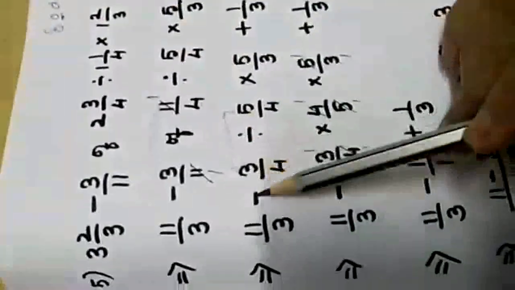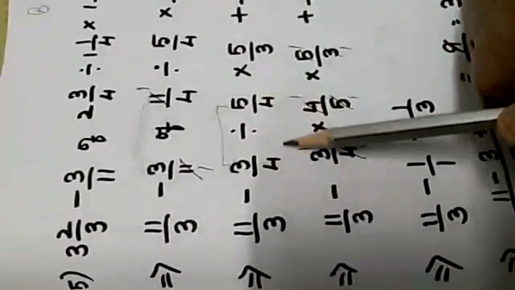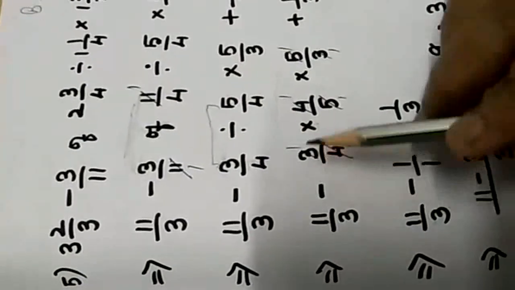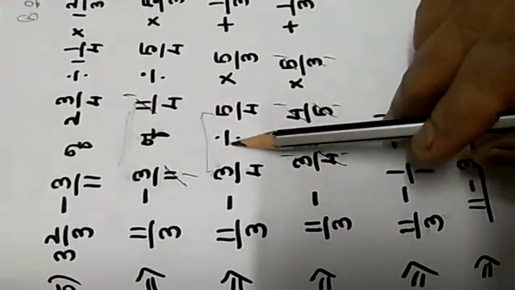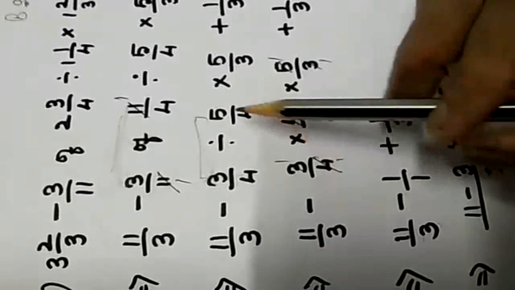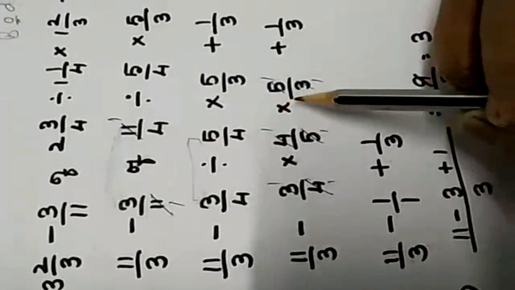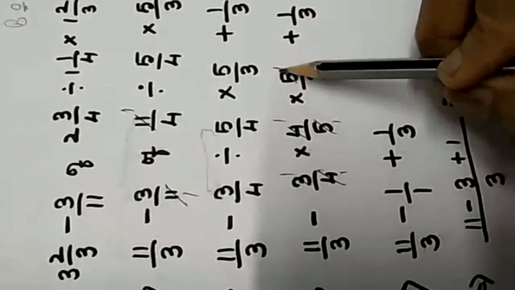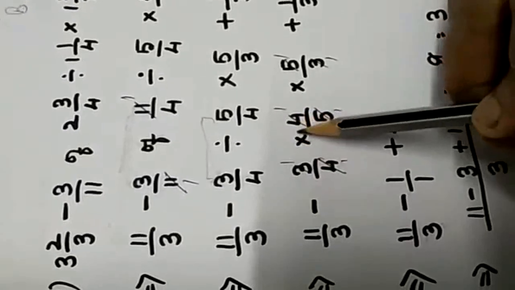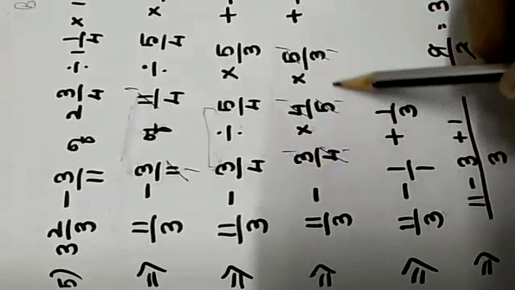D. D stands for division. Where is the division? Now you have to solve this. So in 11 by 3 minus 3 by 4, divided by 5 by 4, this division you will change into multiplication. When you change division into multiplication, you will invert, so 5 by 4 will become 4 by 5, into 5 by 3 plus 1 by 3. Now all these are multiplication only, and there is one multiplication also, so you will do all these together.